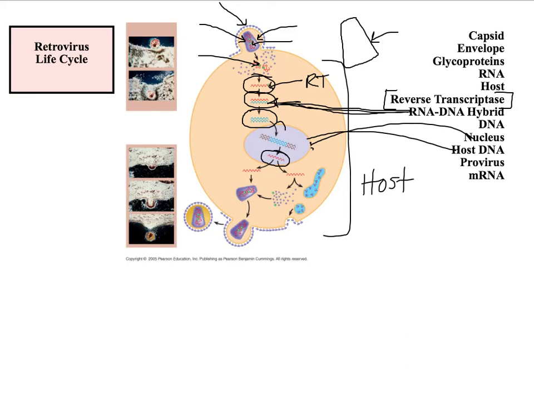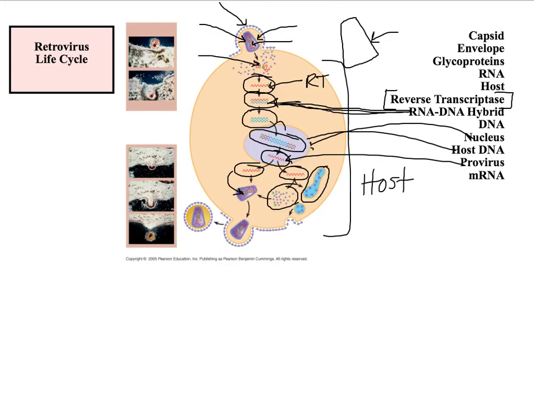So the DNA that's embedded in the host cell's DNA gets transcribed. So you recognize that red RNA again. That is our provirus. So that's basically viral information ready to go. And that viral information can do two things. First of all, it can just go into the virus, get packaged up, ready for the next generation of viruses. Secondly, it can be translated to make proteins for the capsid, or proteins for the glycoproteins, which again are made